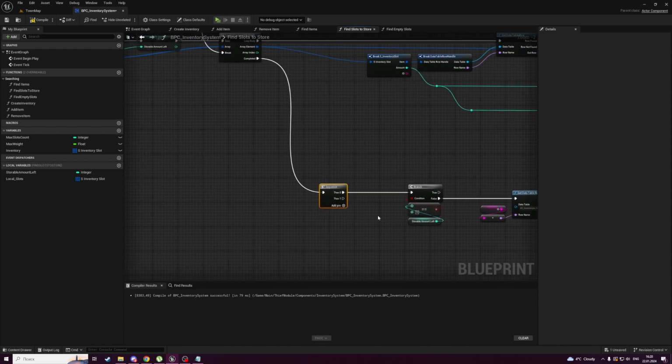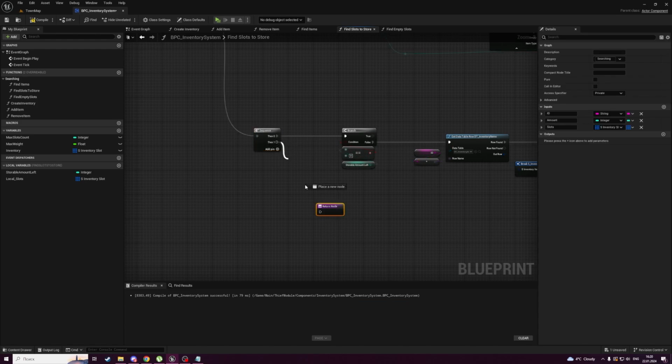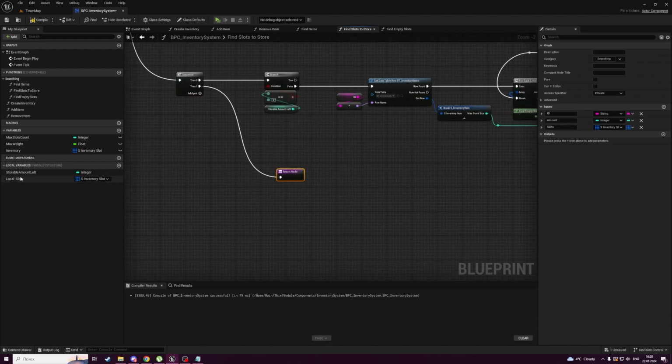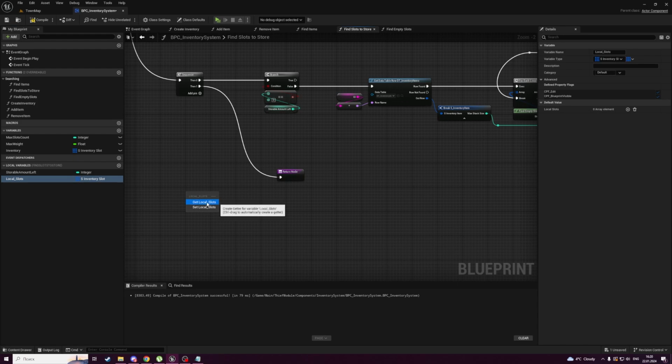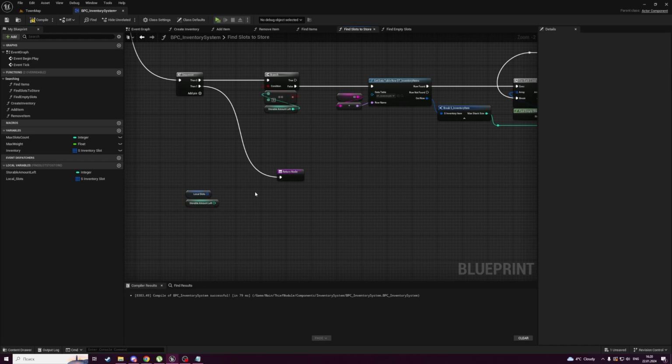Finally, at the end of the sequence, let's add a return node. And we're gonna return these slots. Let's get them here, and we will return also storable amount left, because sometimes we cannot store every item. For example, if your inventory left capacity is 50 and you're trying to pick up 100 apples, you have to